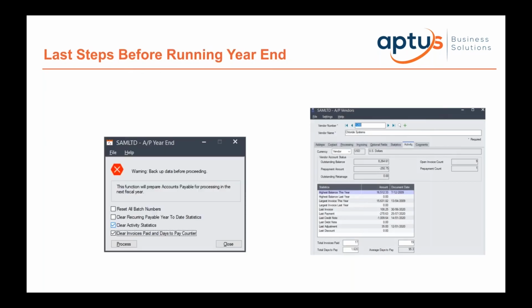Okay, depending on your setups, and every client is unique and different, you would all be running different third-party products. There are some year-end functions in other modules and third-party products. So just looking at this screen, you can see that accounts payable here has a clear activity statistics, and these statistics relate to some of the inquiry screens. Now, if you're running those sort of processes, then they're time sensitive. You need to run them as soon as you can, closer to 30 June, because if you're looking at what is my highest balance this year, last year, those kind of things,